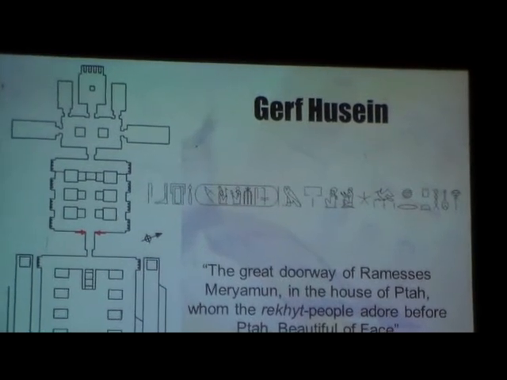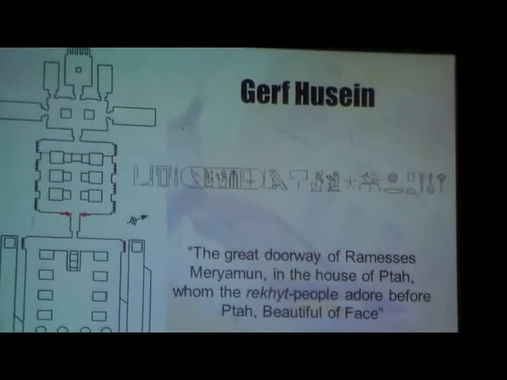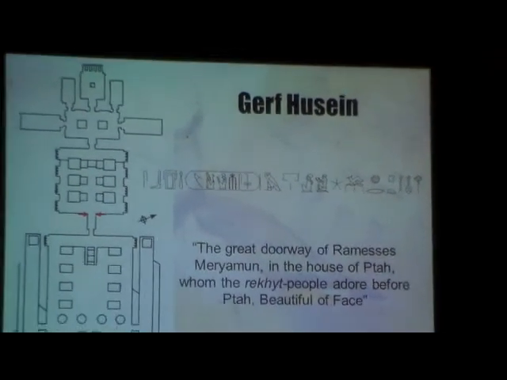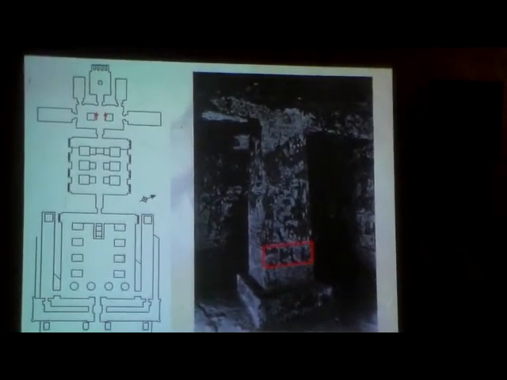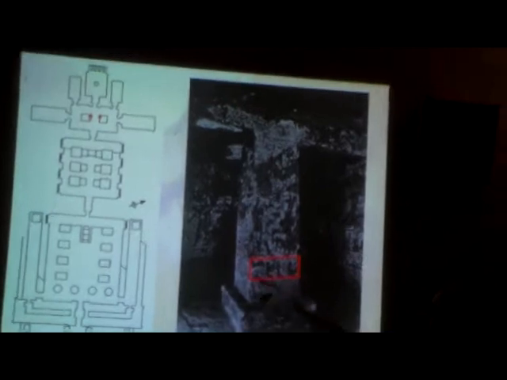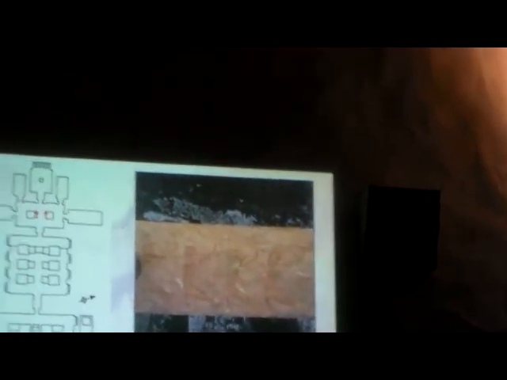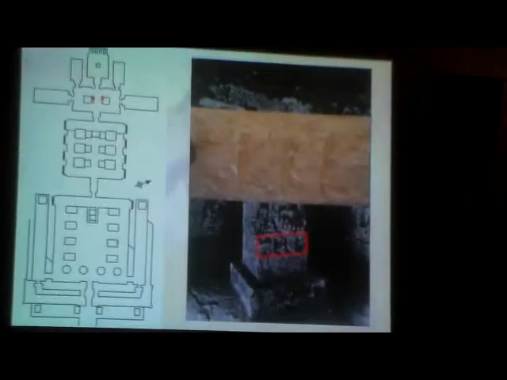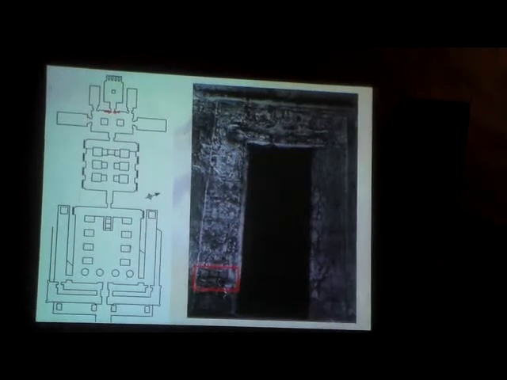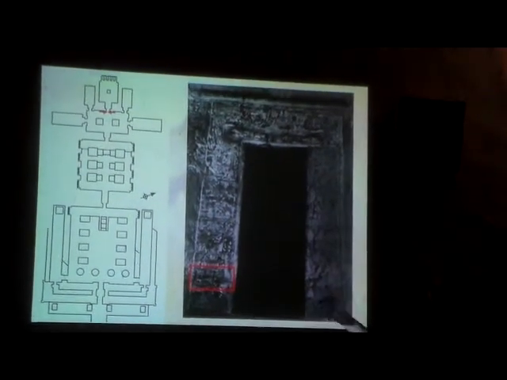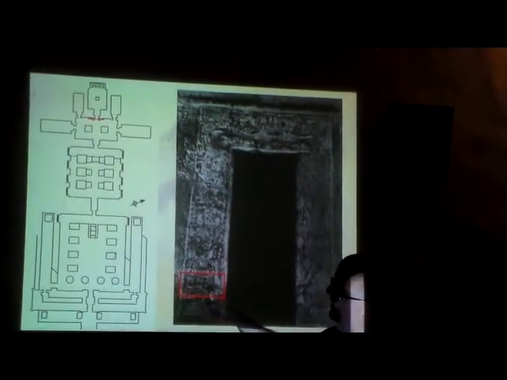You find a similar one at Gerf Hussein, slightly deeper within the temple, just at the entrance to the hypostyle hall. But as we go further into the temple, we find these 2 pillars with friezes of rekhyt people. And there's a photograph of it from New Kalabsha. It's very much damaged, but there are traces of hieroglyphs there, and it's definitely the rekhyt people. Even more so is the doorway flanking the actual sanctuary itself. You can just see that there's the remains of